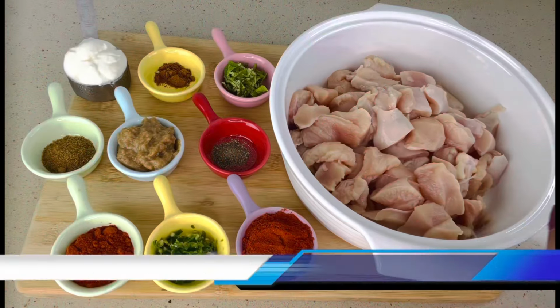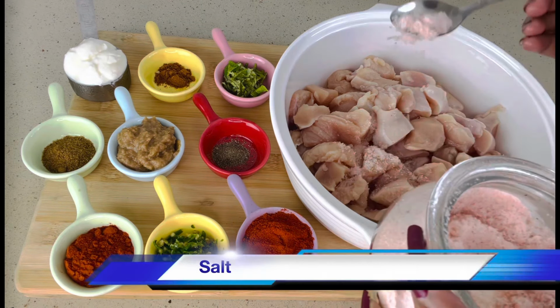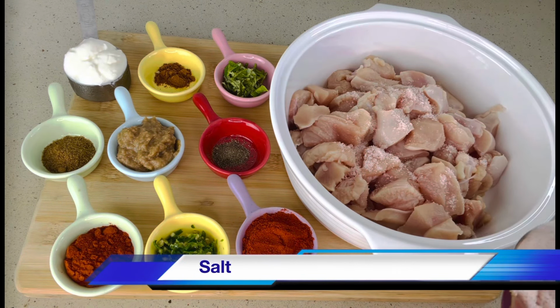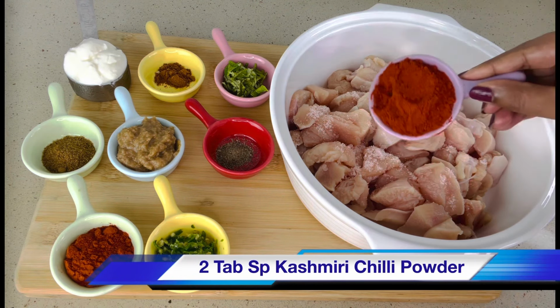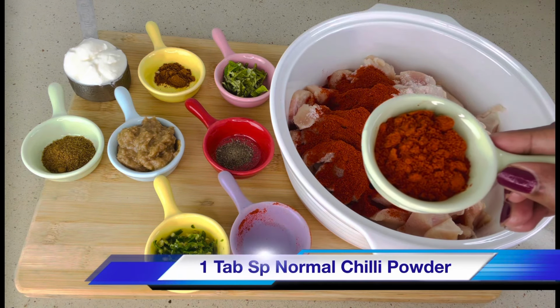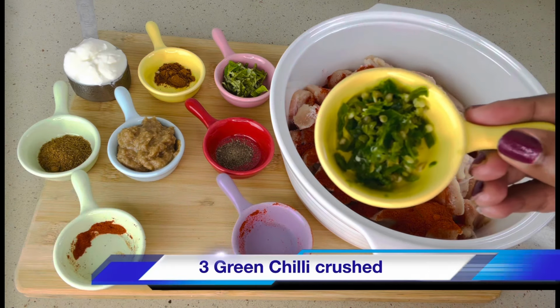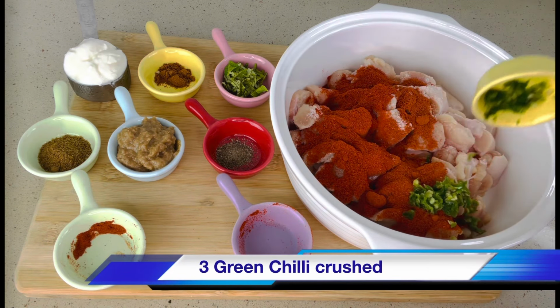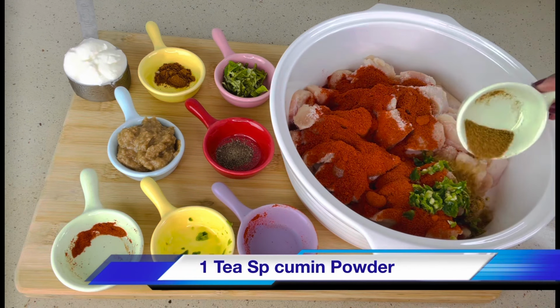Let's start. Here I have taken 1 kg of boneless chicken. Add salt to taste, and 2 tablespoons of Kashmiri chili powder, 1 tablespoon of normal chili powder, 3 green chili crushed, but if you have paste, you can use it, 1 teaspoon of cumin powder,